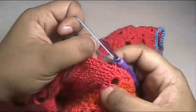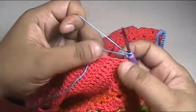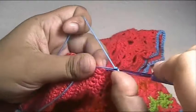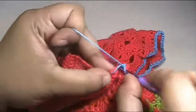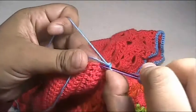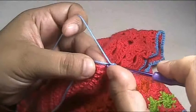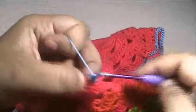Then I'm going to work on the sides of the double crochets. So inside each side of each double crochet make 2 single crochets like this. Go inside the double crochet like this and make a single crochet, and into the second part of the double crochet insert the hook and make another single crochet, then into the next double crochet make the same,